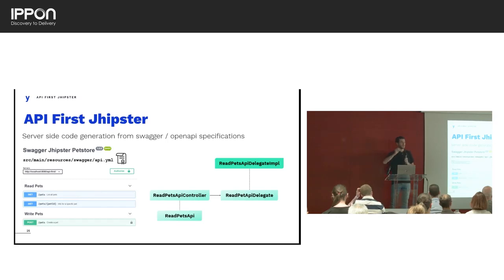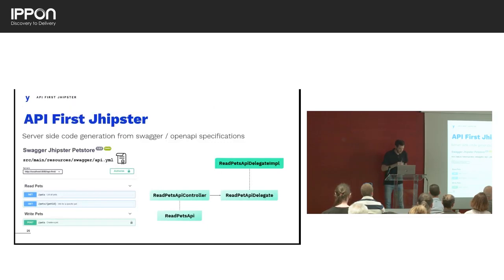And then thanks to the Gradle and Maven plugins, you get all the code generated, and the only thing you have to do to implement these APIs is implement a delegate. So to implement all the APIs like this one you are seeing in the backend, you just have to add a service